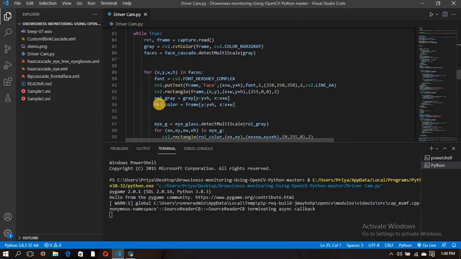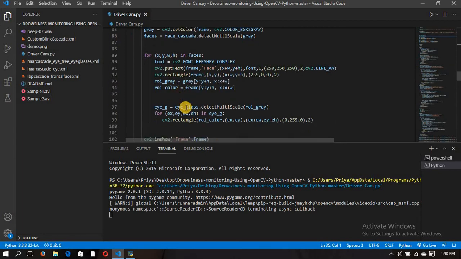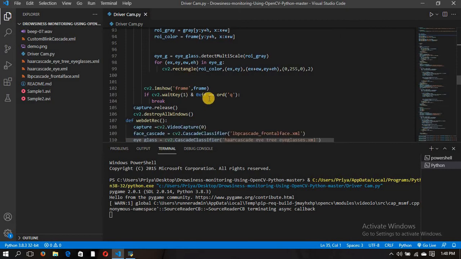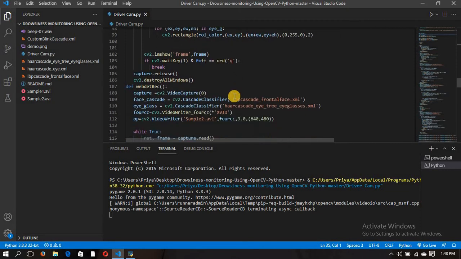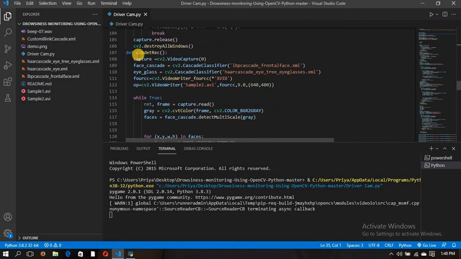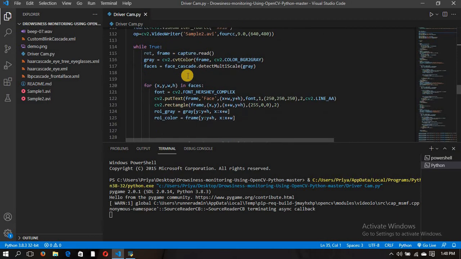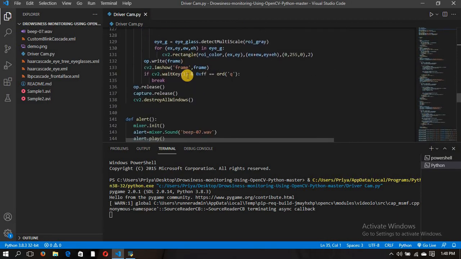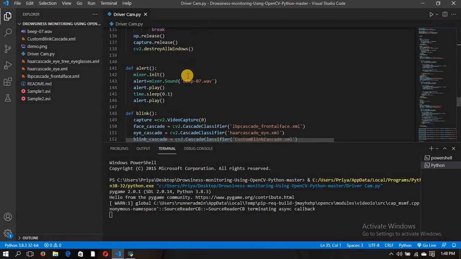Then roi_gray equals gray. roi_gray defines the region of interest of our face, and roi_color does the same for the original frame. Then again the whole code is the same, like if we press Q it will exit from that particular window. Again we have declared a function, web detect and rec. The whole code is the same as I have explained above, nothing is changed in that.